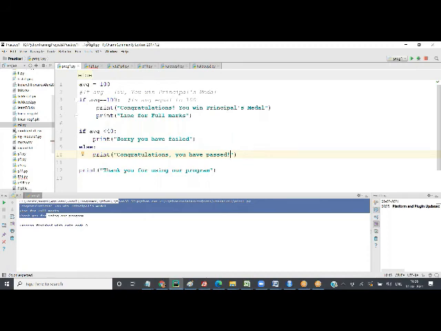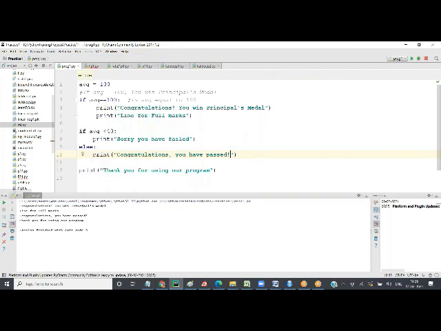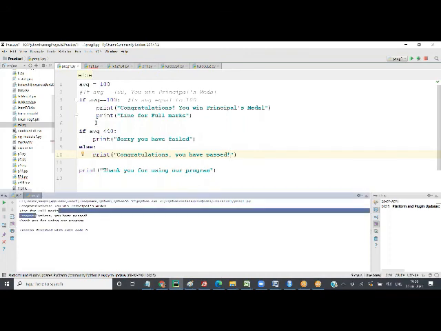So in this case, if I run this, I will get, so this is for 100, then you have, congratulations, you have passed, because this condition is false. So this is like asking, is AVG less than 40? Yes, true.